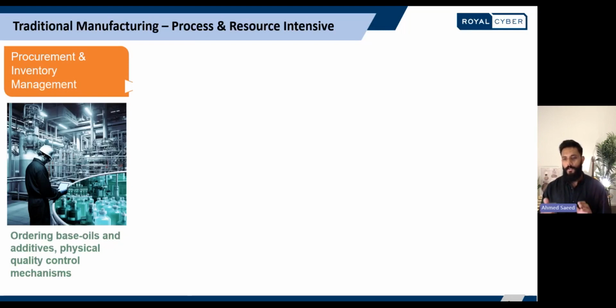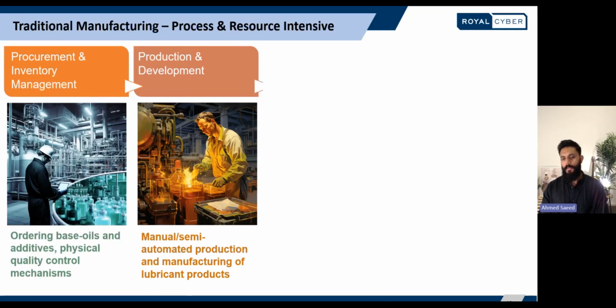Procurement and inventory management can be thought of as the foundation. It's where the raw materials are sourced, managed, and prepared for production. Often, this process involves manual checks, order placements, and inventory tracking.